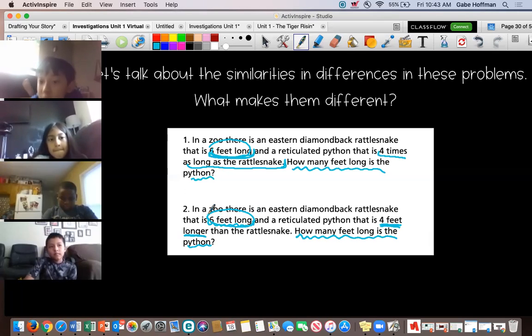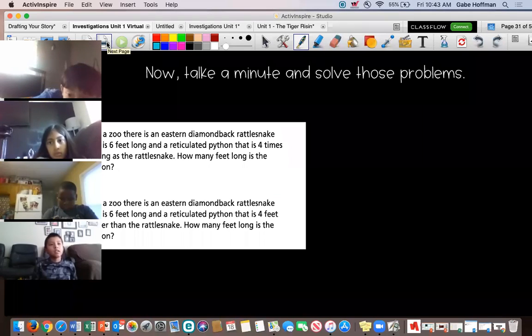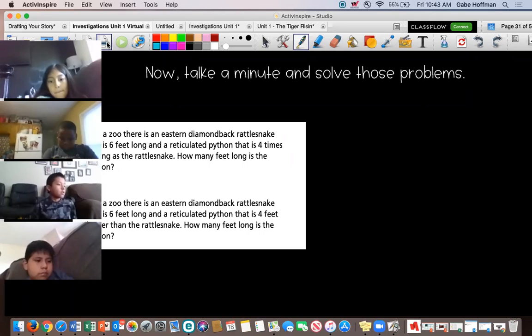However, in the first one, it says that the python is 4 times as long as the rattlesnake, right here. And in the second one, it says that the python is 4 feet longer. Okay, so I am going to give you guys a couple of minutes, and I just want you to do your best and solve both of these problems. All right, you're going to solve number 1 and number 2. And we're going to talk about what's